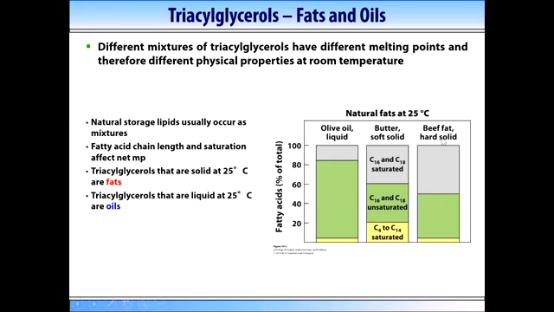acids. So the much more solid fat, such as beef fat, for example, has a high proportion of the saturated fatty acids, and as a result, it will be more solid. On the other hand, the olive oil, which we know is a liquid, right, has a really high proportion of the unsaturated fatty acid chains. So, actually, a good olive oil would have relatively small proportion of these saturated fatty acids.